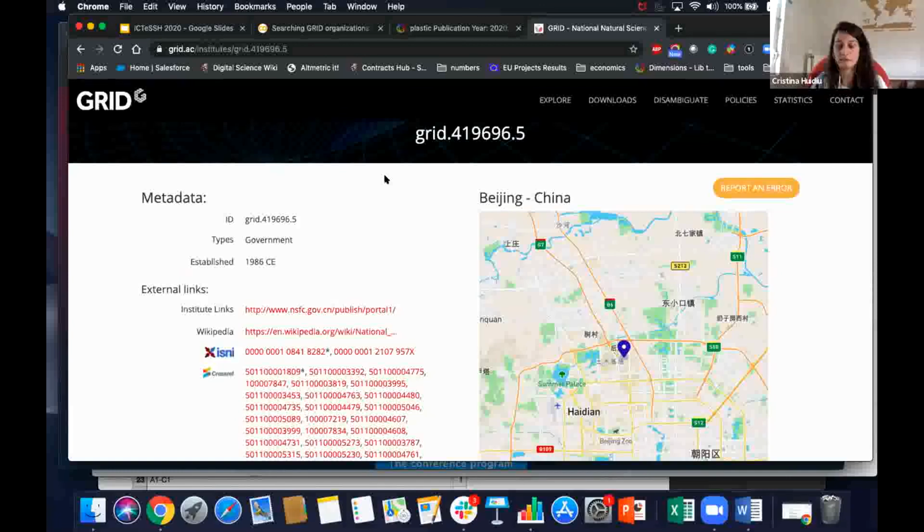So if you have a system that has structured affiliations, then we would use that to disambiguate and have just one ID. And there was one institution with which we have tested this,